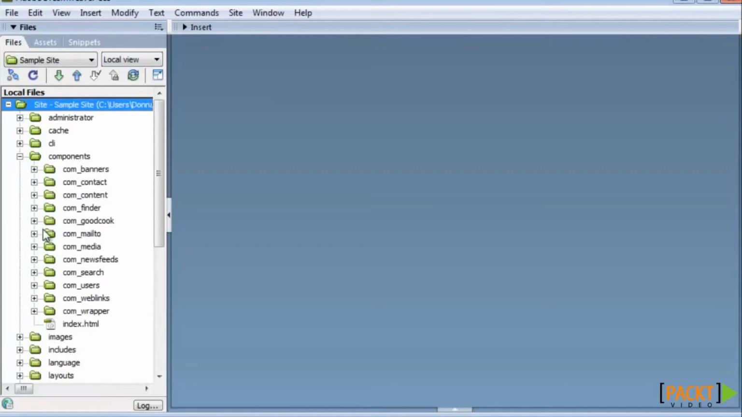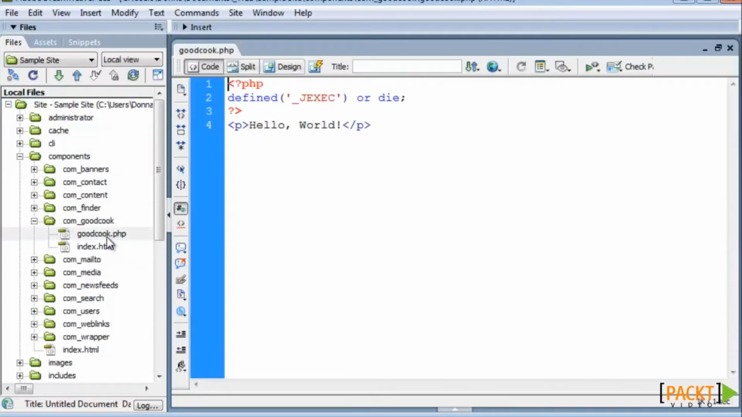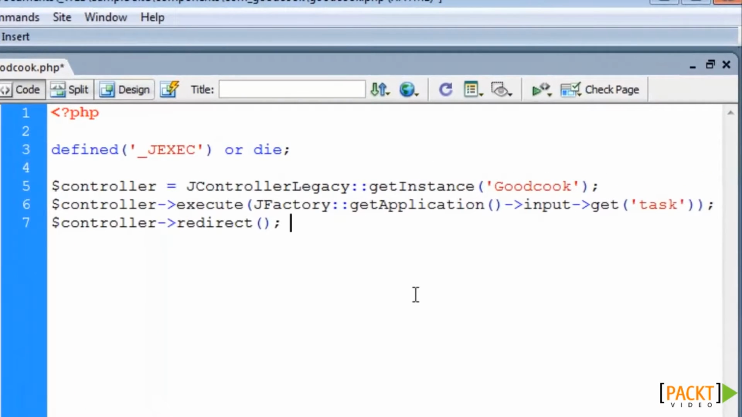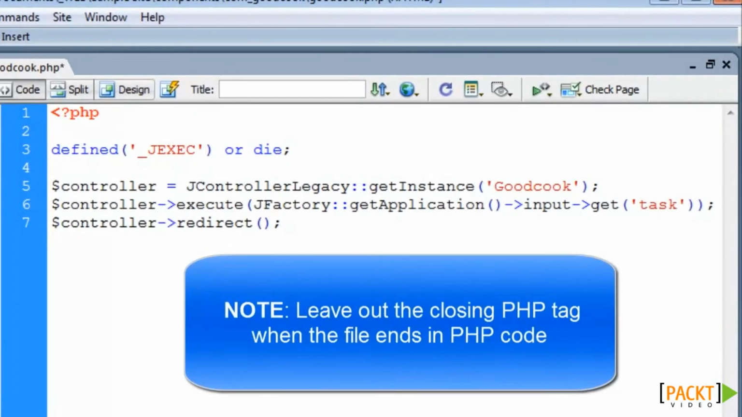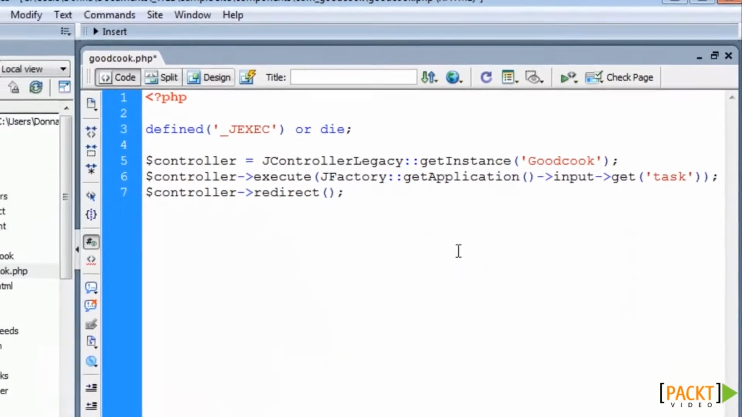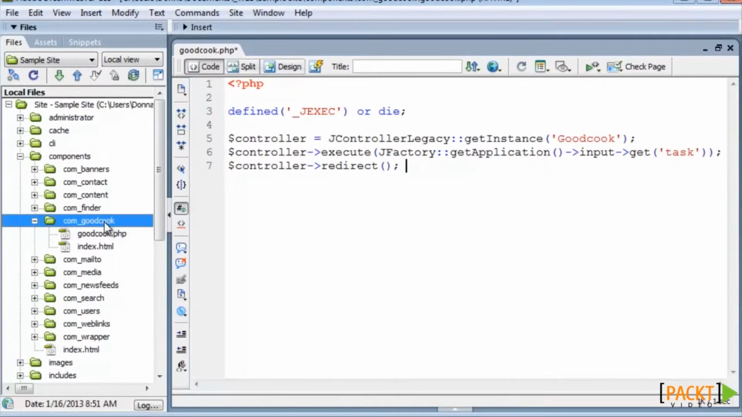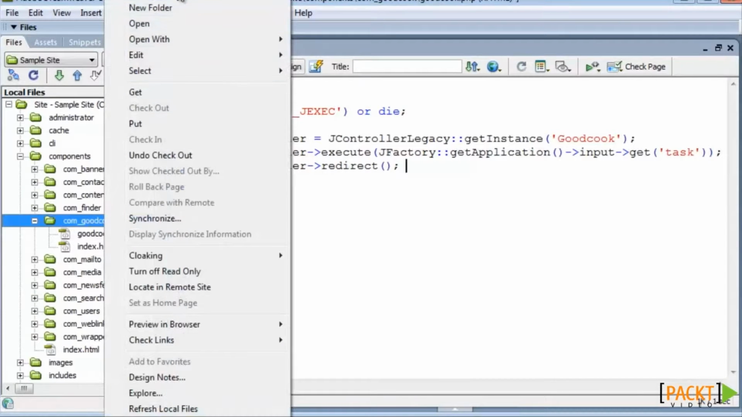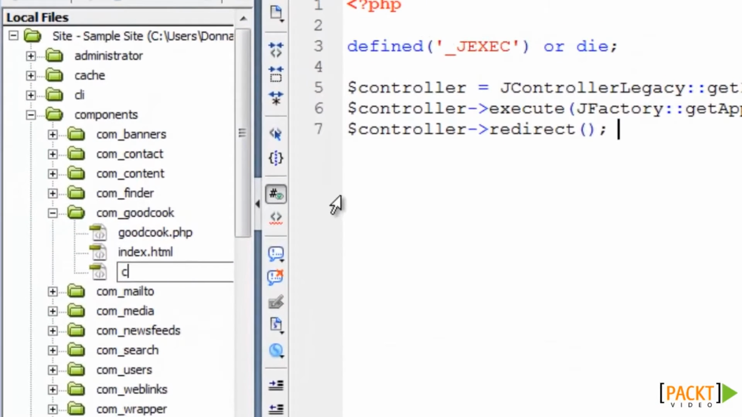components/com_goodcook/goodcook.php. We are going to remove the hard-coded HTML and extend the JControllerLegacy class. Replace the current code with the following. We leave out the closing PHP tag when the file ends in PHP code because any inadvertent whitespace will be rendered by the browser. When the controller instantiates the class object GoodCookController, Joomla will look for it in